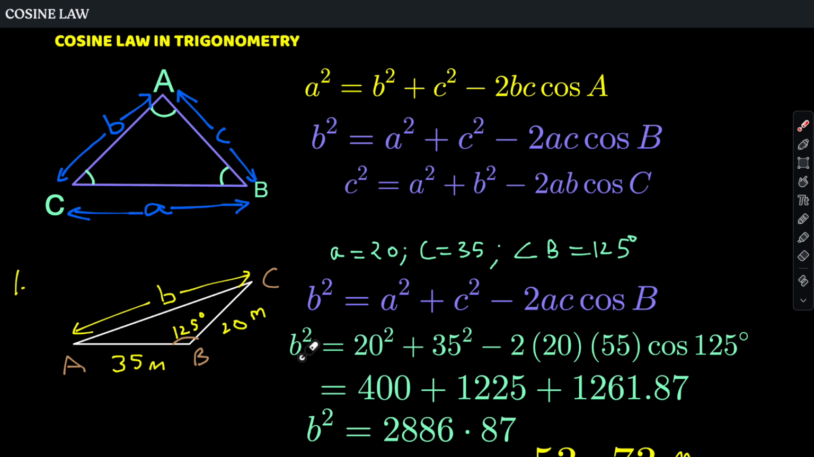Now we will substitute the values. So b square is equal to 20 square plus 35 square minus 2 times 20 times 35 times cos 125. If you see here, before starting the question, I already wrote down the values and this helps a lot. So 20 square will be 400, 35 square will be 1225, and 2 times 20 times 35 and cos 125 will be a positive sign here, plus